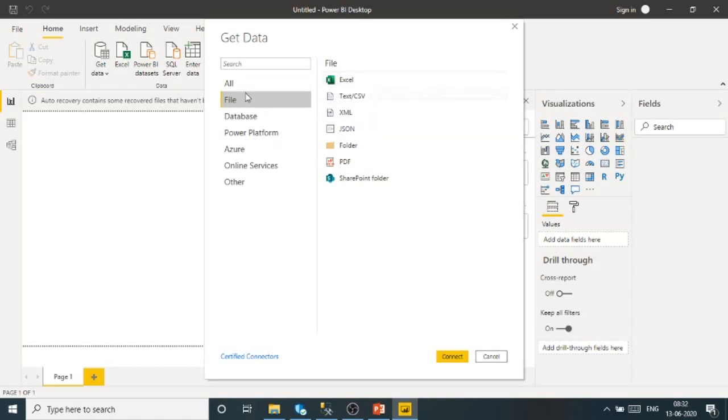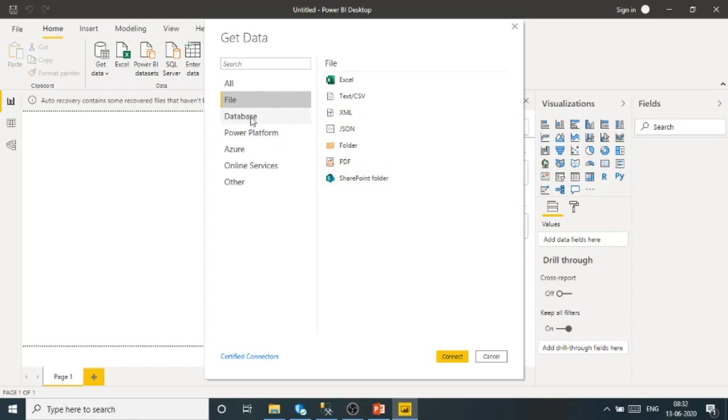If I click on file, then Excel, text file, XML, JSON, and folders, PDFs. Those are the subcategories. It means you can take the data from Excel, CSV, XML, JSON files, and PDF, SharePoint folders.